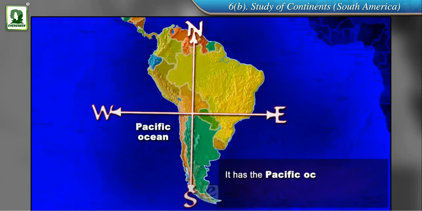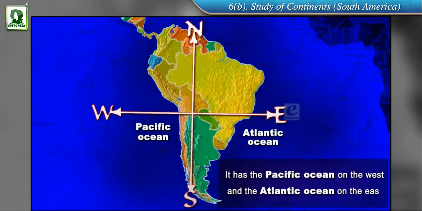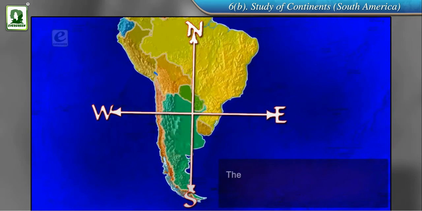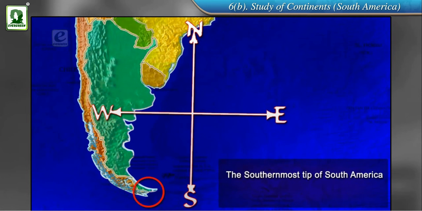It has the Pacific Ocean on the west and the Atlantic Ocean on the east. The southernmost tip of South America is known as the Cape Horn,